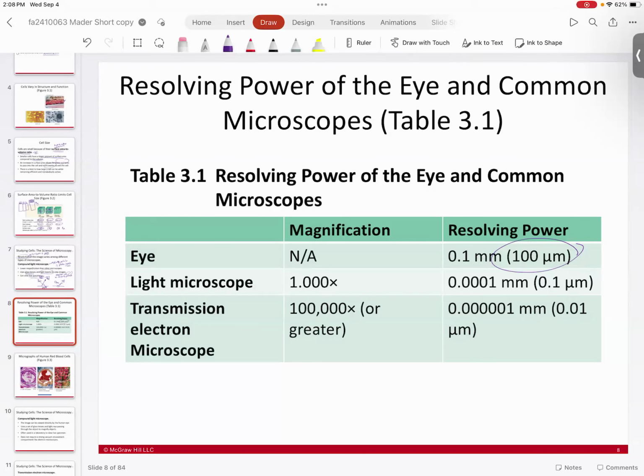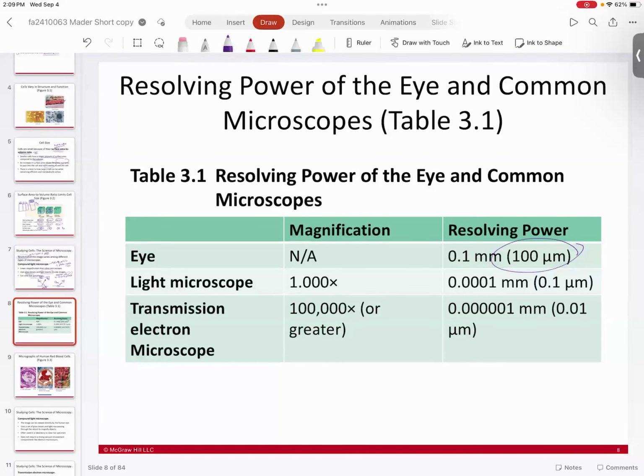Computers. We don't see it with our eyes. It's electron microscopy. It's not like light microscopy where we can see it with our eyes. We visualize electron microscopy with computers. So the computers sense the electrons and then they generate the image. So yeah, because we can't see the electrons. It would just be invisible to us because our eyes can't see it because it only goes down to 0.1